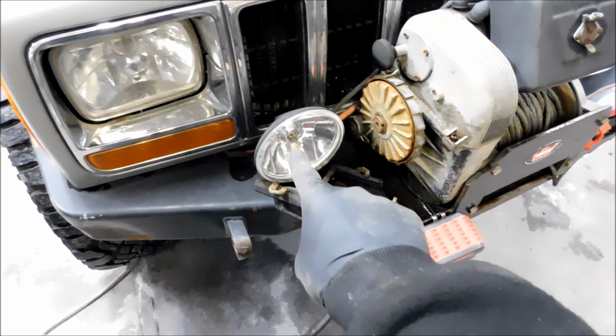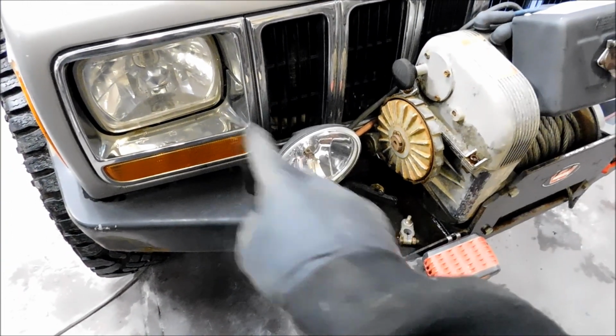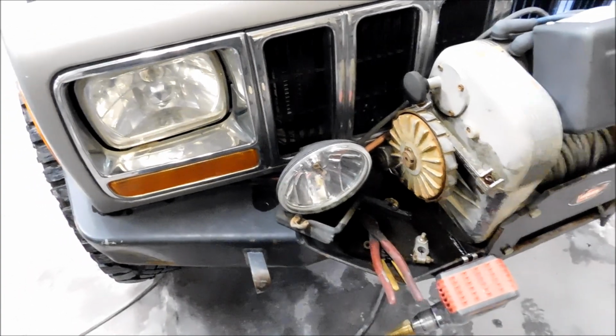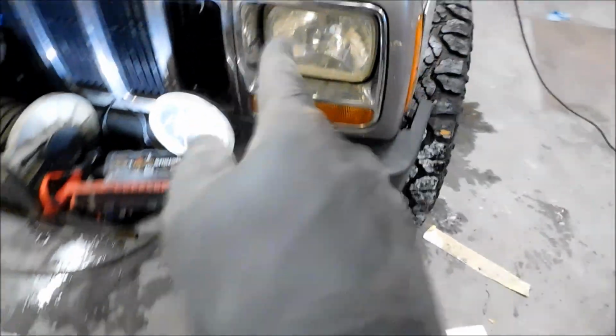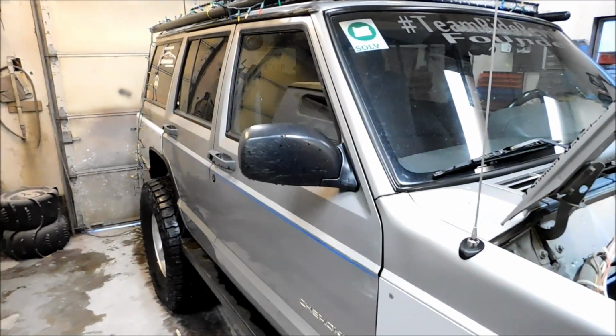These are run to a double relay, so I can run them off a switch. They're connected to my high beams, so when my high beams come on, my fogs come on, and I can also run them individually, and nothing back feeds into the switch. So those come on when the highs come on, and everything else is on switches inside, but individually fused. There is an interior walk around video up there, and it was a really primitive